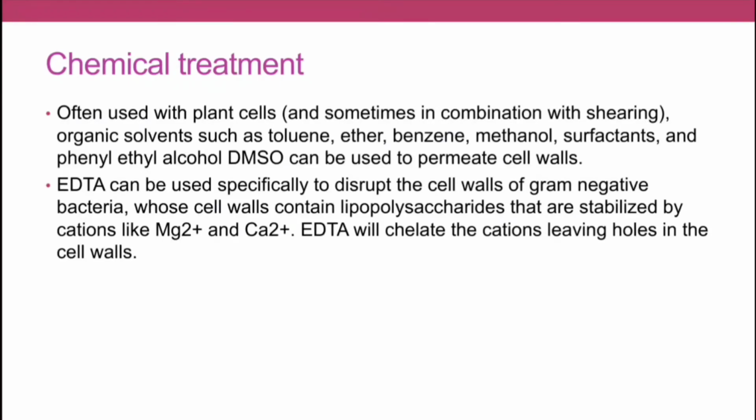Next chemical treatment often is used with plant cells and is sometimes used in combination with shearing forces. Organic solvents such as toluene, ether, benzene, methanol, surfactants and phenyl, then ethyl alcohol and dimethyl sulfoxide, DMSO, can be used to permeate the cell walls. Now ethylene diamine tetraacetic acid, EDTA, can be used specifically to disrupt the cell walls of gram negative bacteria,